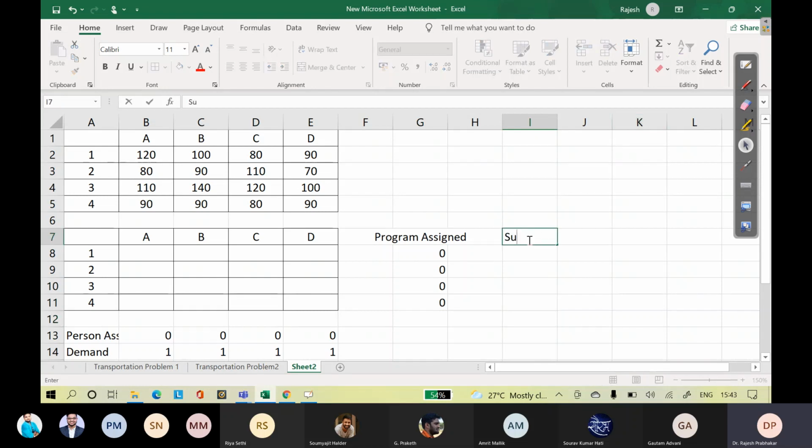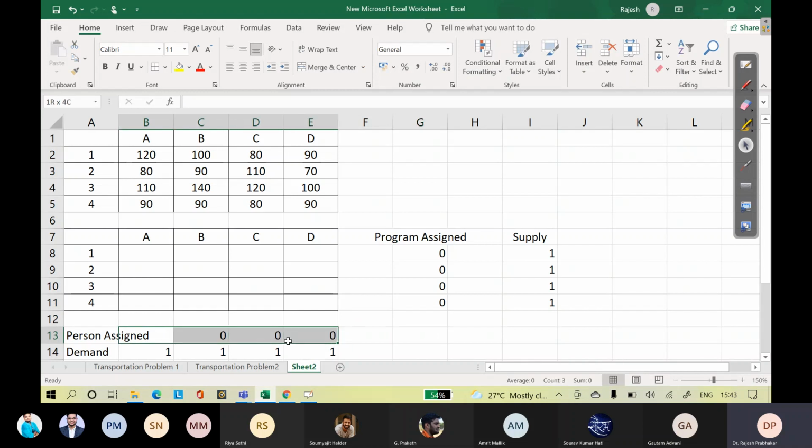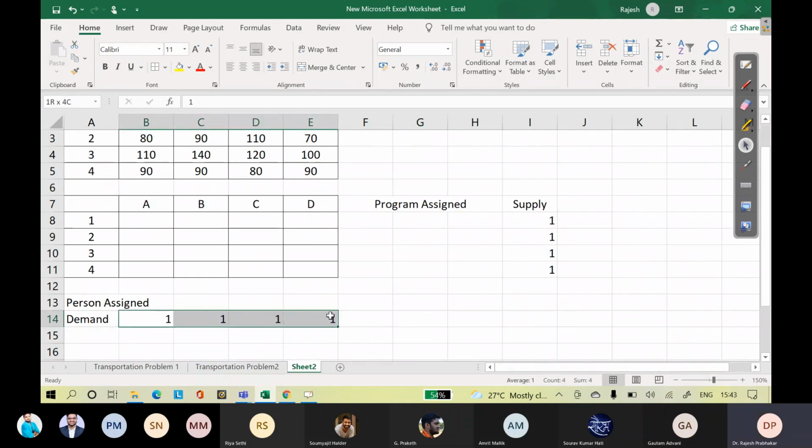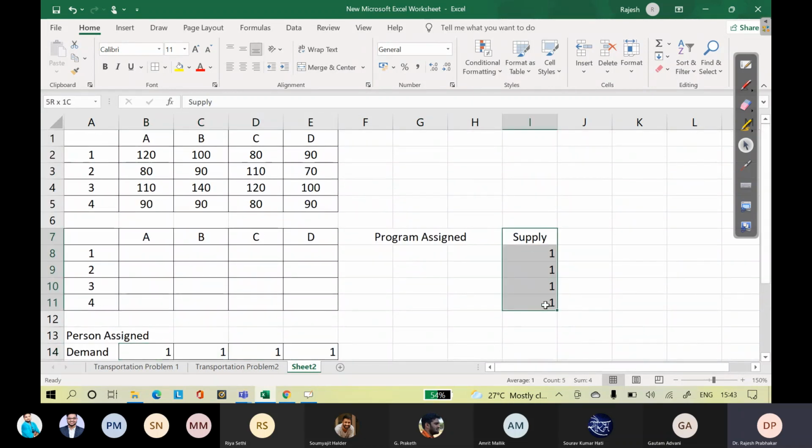Supply would be 1, 1, 1, and 1. Oh, sorry, these zeros we should not put. Okay, we will put them using a formula cell. So demand is this: minimum one person has to be assigned, right? So that's why I'm saying demand as 1.